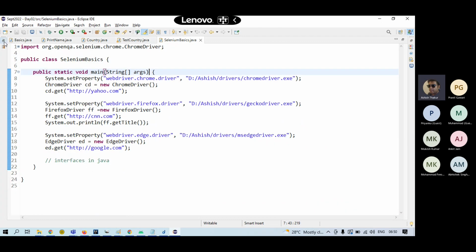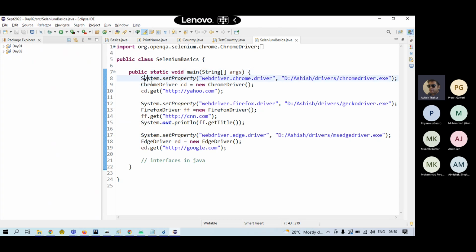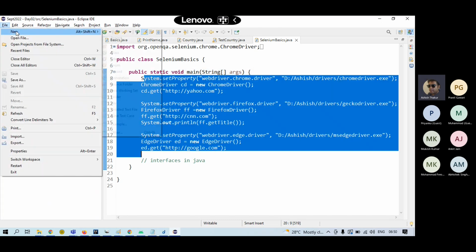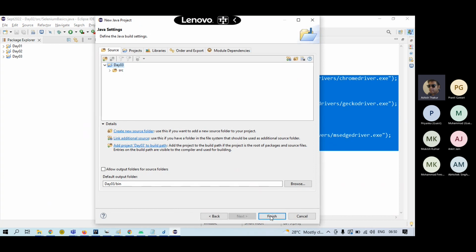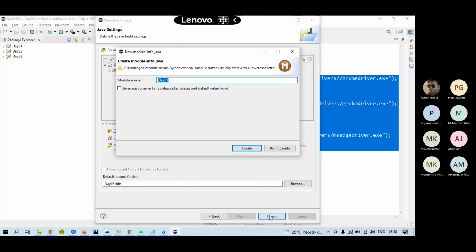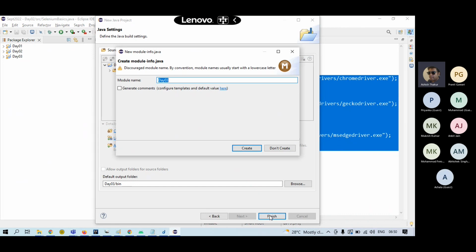Yesterday I told you that this is the class where we saw basic drivers. Right. Let me make a new Java project today, day 03. And interfaces will help us write a single script which will work on multiple browsers. Okay, so why do we want a single script to work on multiple browsers? Of course, in real time,